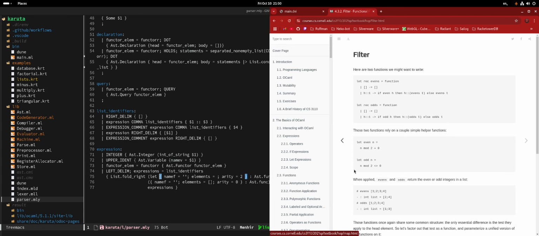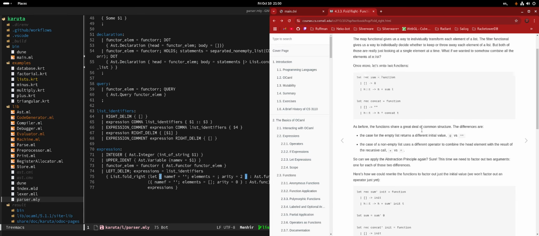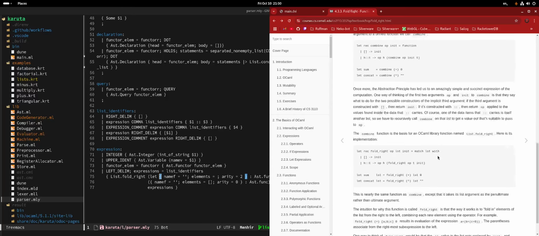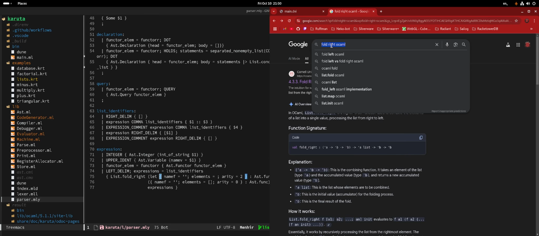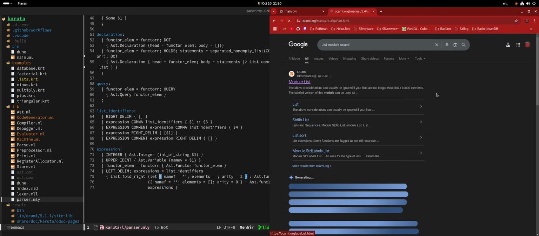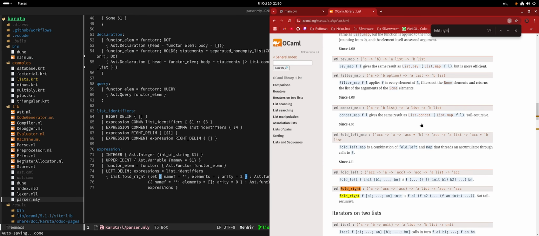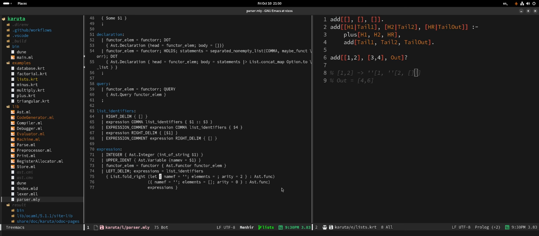Oops. Okay, so it's the accumulator first. No. List module OCaml. I just want to know the order. Fold right. The element first. Cool. So this is an element. This is the accumulator. And what are we going to return? We're going to return